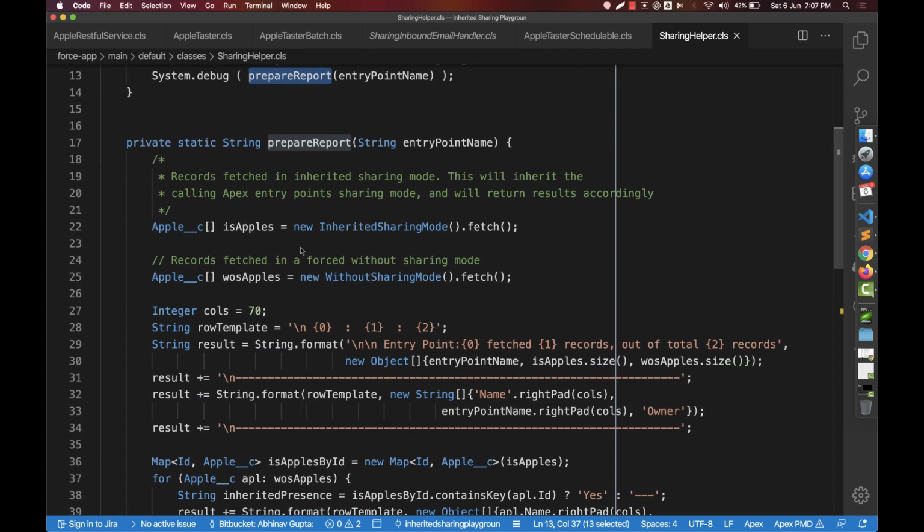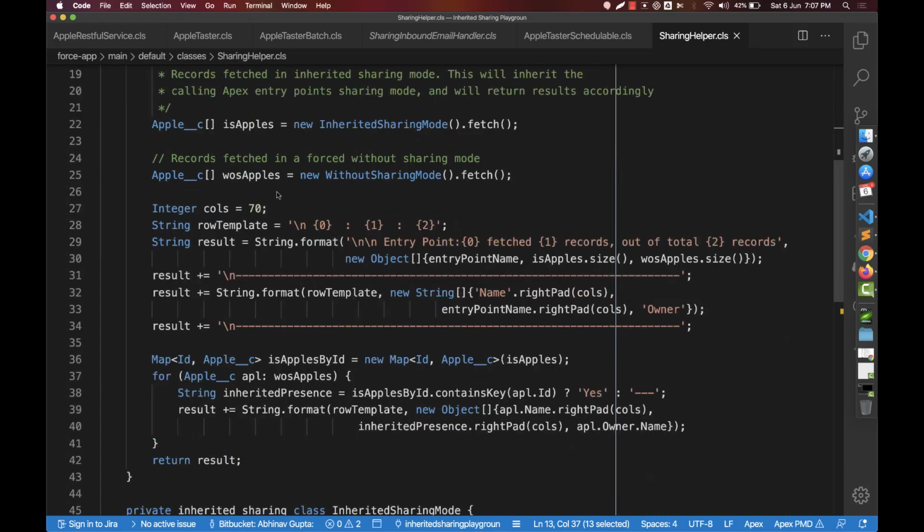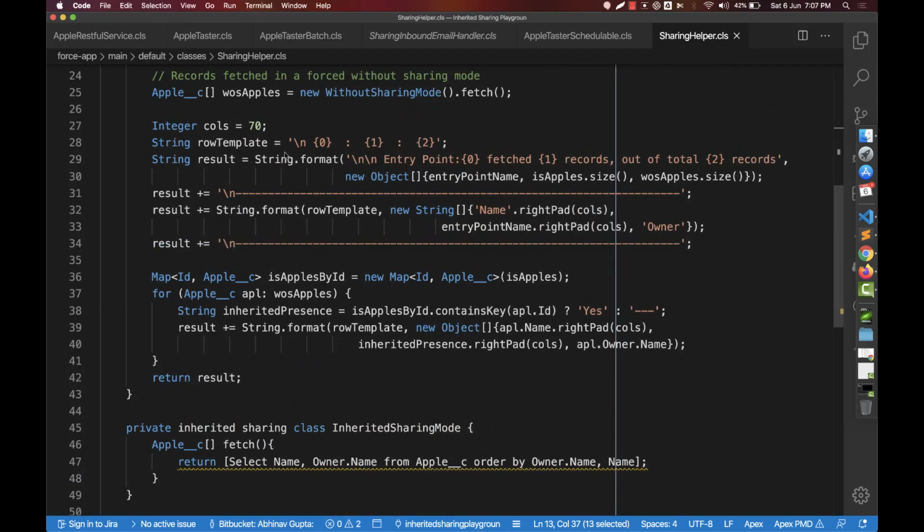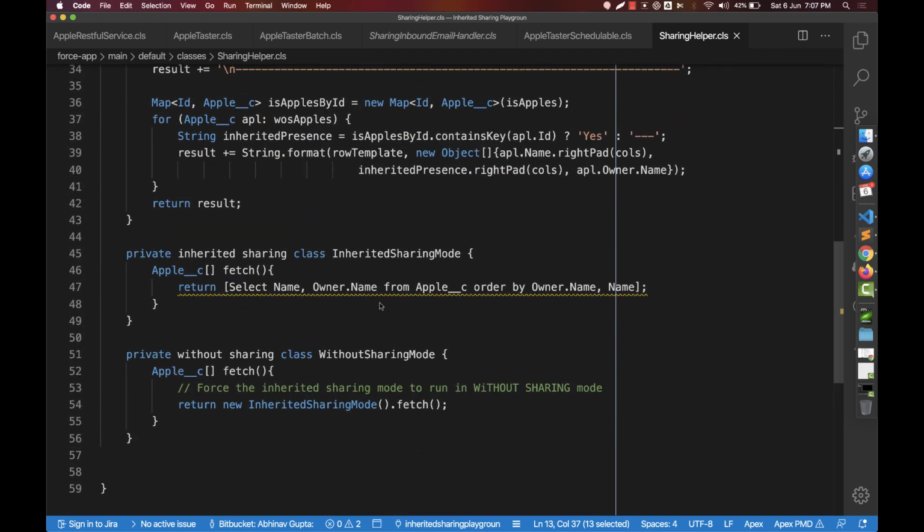So this report is just a string report which is meant for debug logs, and don't get upset with this kind of logic here. It is just a merging logic in which I'm making an inherited sharing SOQL call to the Apple sObject and trying to load name and owner name.